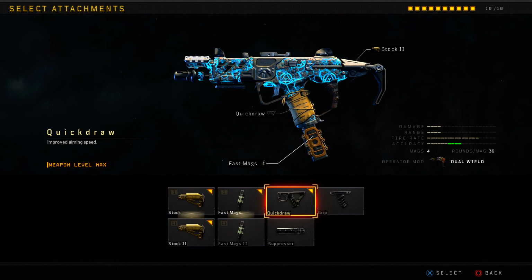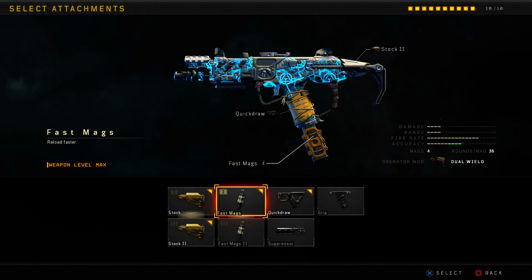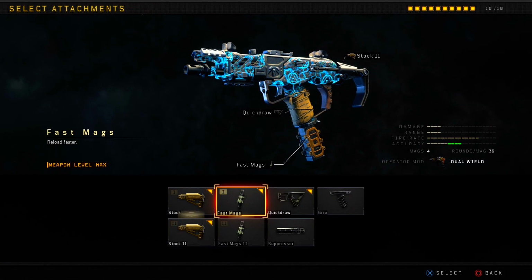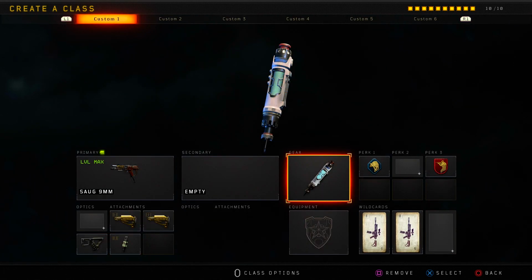Our third attachment is going to be quick draw, which is going to allow us to get our iron sights up as quickly as we possibly can, therefore allowing us to take out opponents extremely quickly. Then for our final attachment, we are going to be using fast mags, which is extremely important on a submachine gun like the Saug. Our piece of gear is going to be stim shot, and then for our first perk,